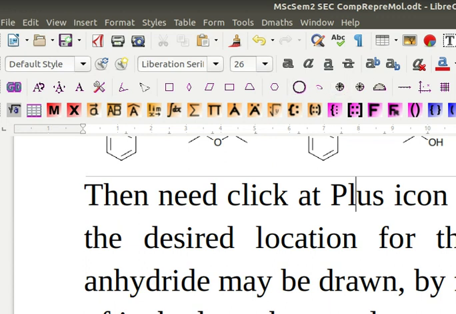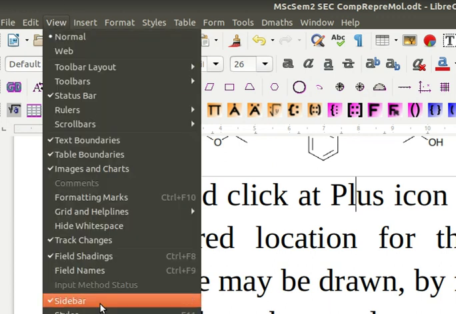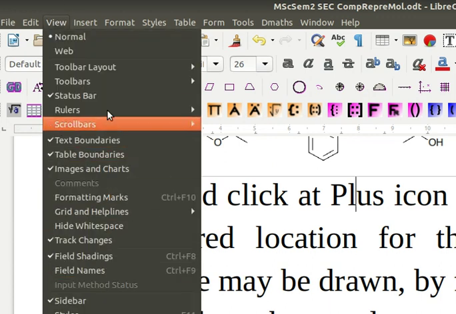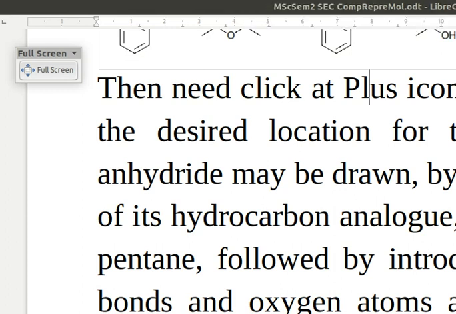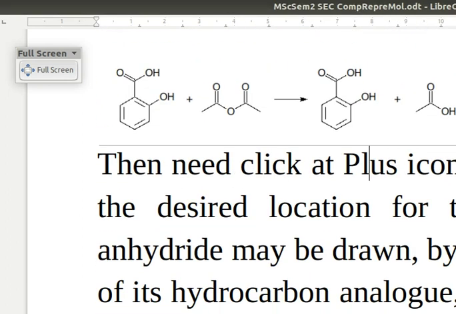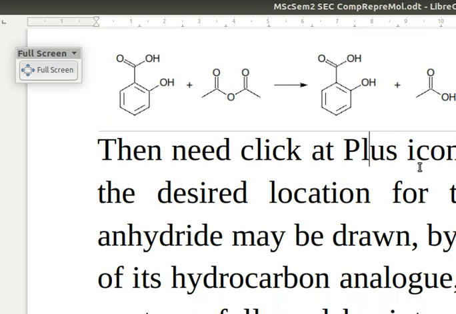If I make it full screen, it will be obvious. Full screen. So it looks like this. In this way I have pasted it in a particular portion.